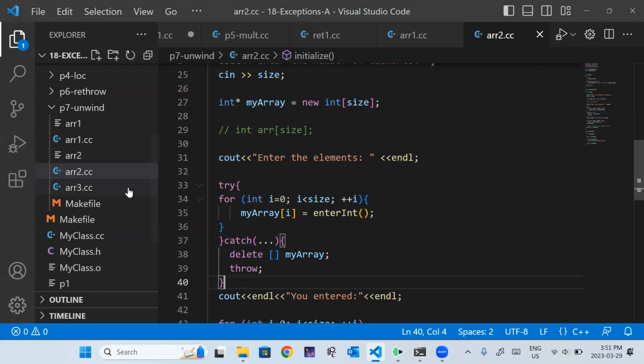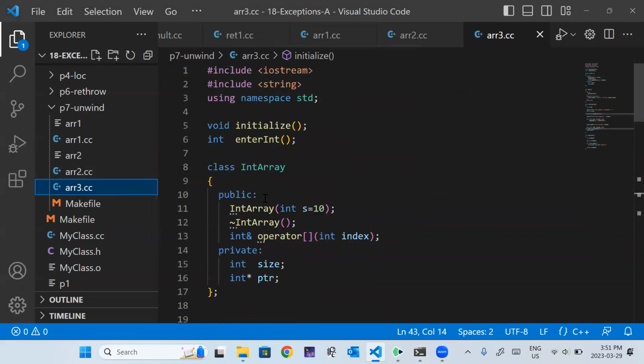All right, the final one, we have 4 minutes left. So what we're going to do now, instead of a raw array, we're going to use an int array. And what you would use is a vector, right? A vector is going to clean itself up.